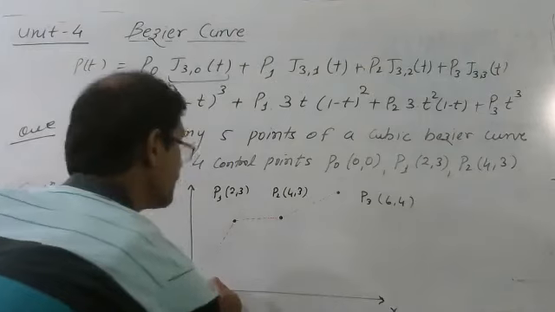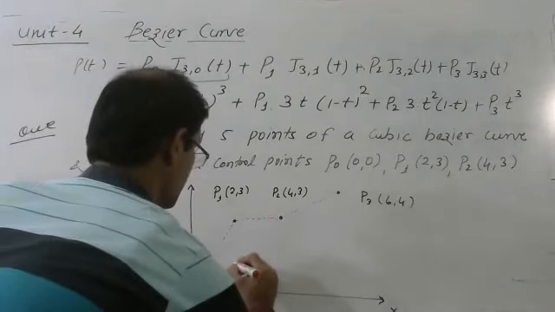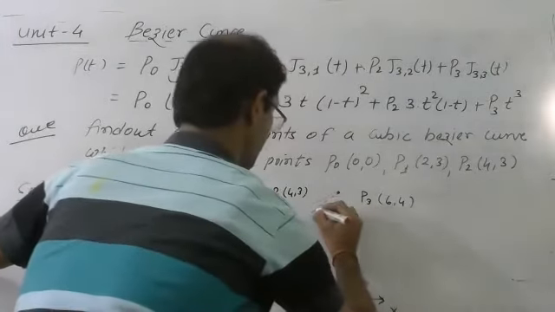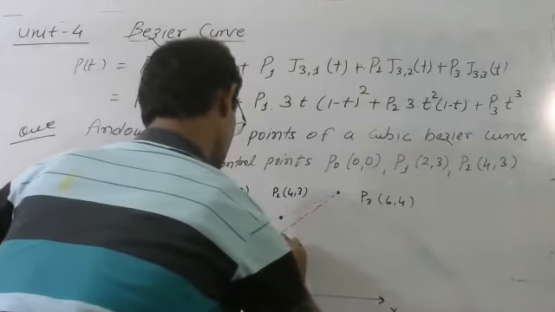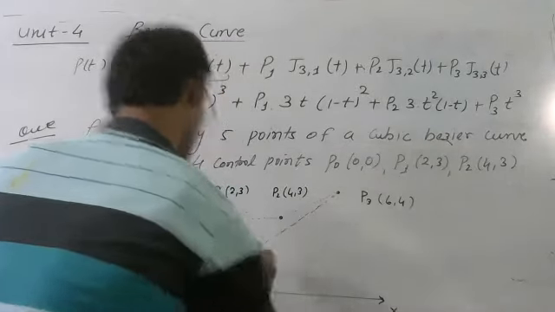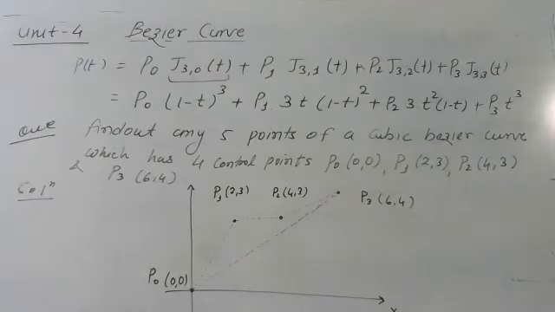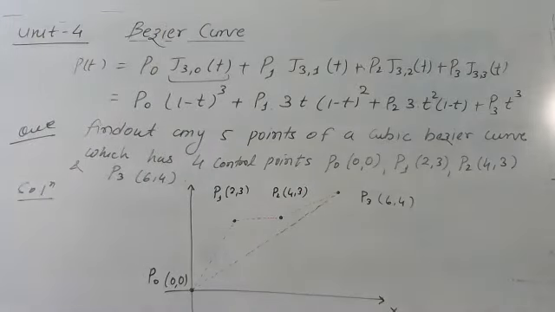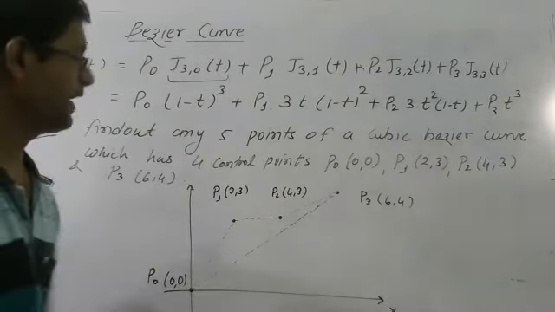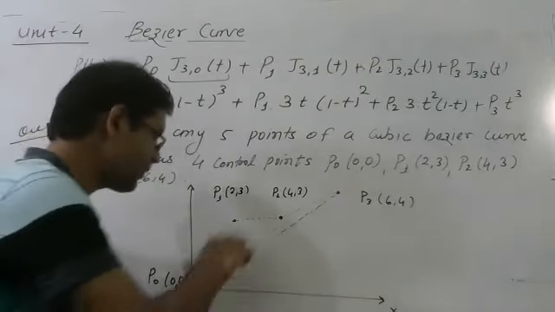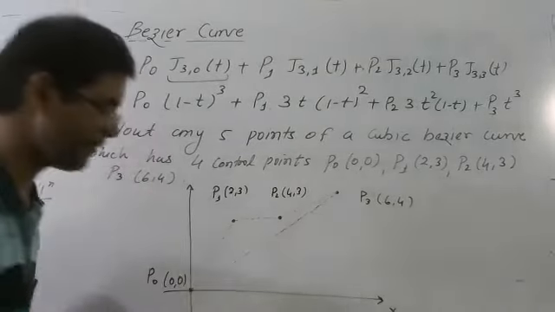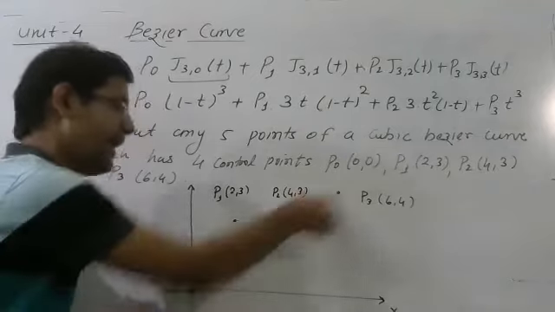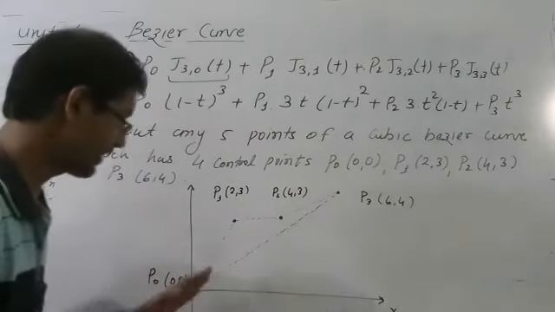So I am connecting all these control points with the help of straight lines, and this particular area is known as convex hull. Convex hull says that any Bezier curve must be inside this particular area. जो भी कर्व बनेगा, जैसा भी बनेगा, बट इस एरिया के अंदर ही आएगा. इस बाउंड्री के, इस पॉलीगॉन के अंदर ही रहेगा कर्व, इससे बाहर नहीं जाएगा. कन्वेक्स हल का रूल ये होता है.